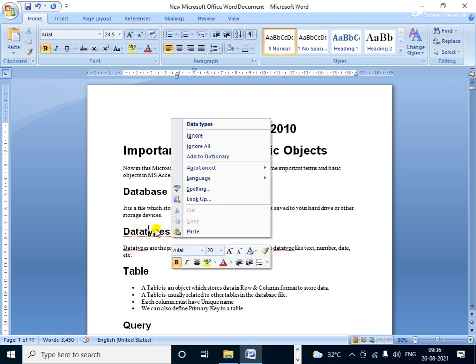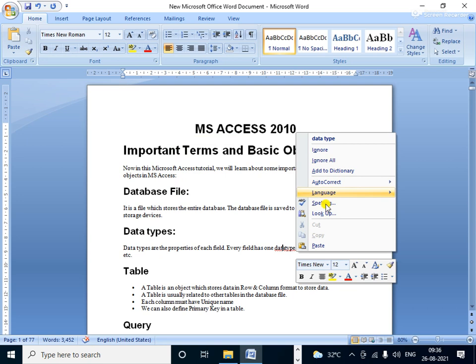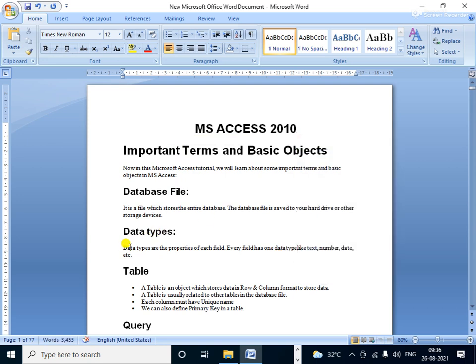Okay, and the next is the data types. When you practice in Microsoft Access, we already discussed the different types of data types available in Microsoft Access. The data types are the properties of each field.